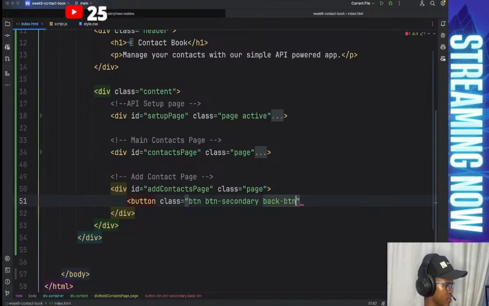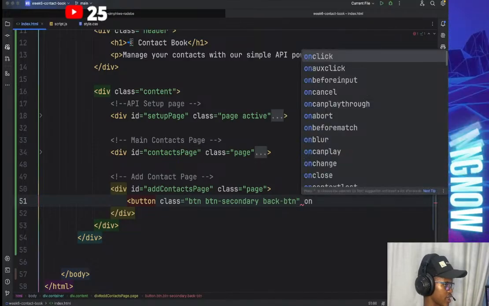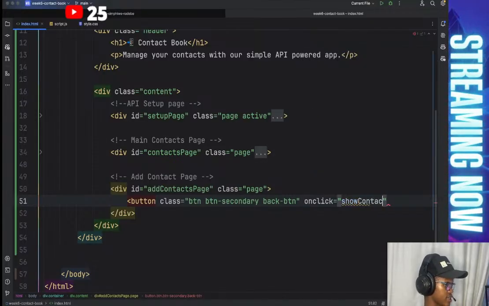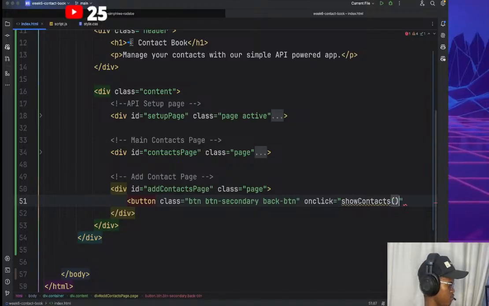So we'll have this as a back button. So we're giving it the class back button. Then on click, there'll be a function we run to say show contacts. So it's basically taking us